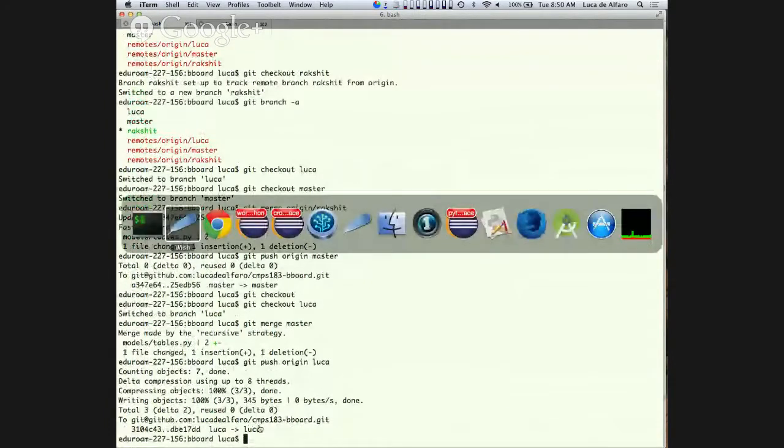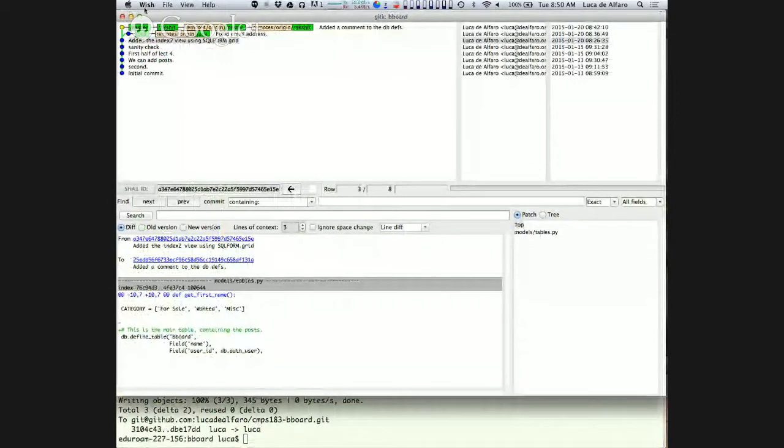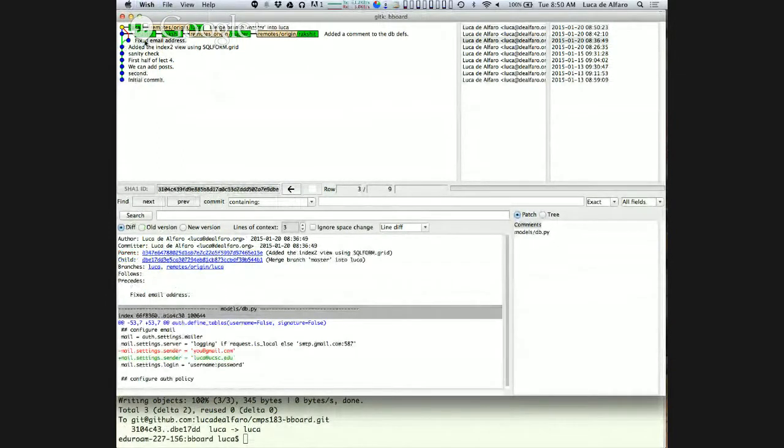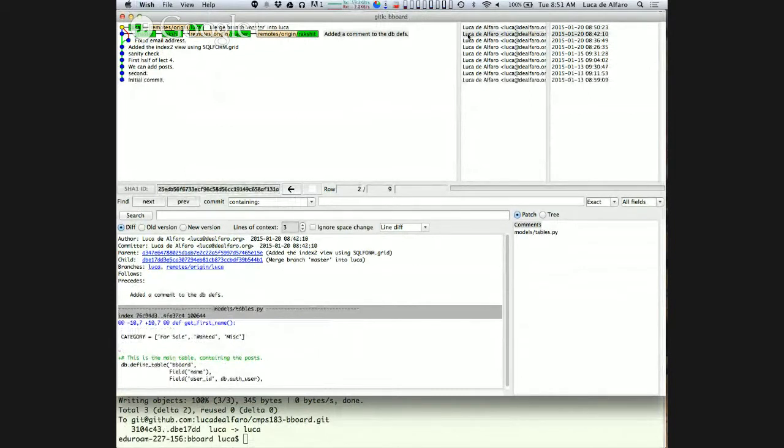So if I look now at the state of the branches, you see that there is Luca, that is the merge of the change I did and the change Rakshit did. Unfortunately, I'm always the author because I was faking it, acting as if I was him. Otherwise, it would tell me the name of the person who did the change.